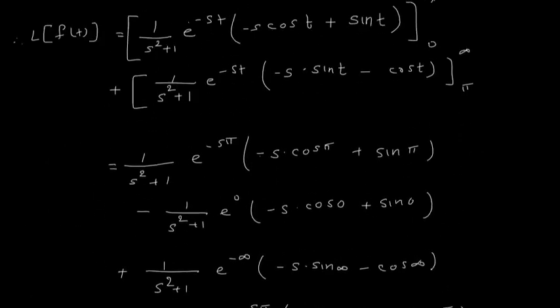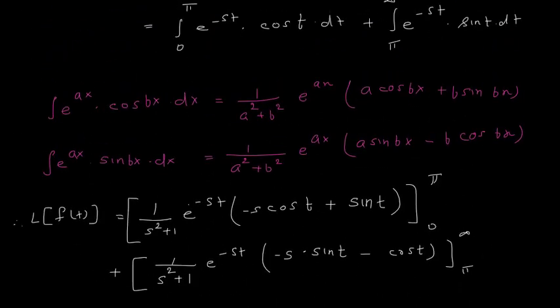So the problems are not difficult, only you have to understand how you are implementing the formula. Majorly you are getting integration by parts here, because one term definitely e raised to minus st will be there, and the second term, if it is any function, then you are going to use the u into v method. Okay, shall we see a few more problems? Let us see one more problem, and then we will go to the next topic or next type of problems.